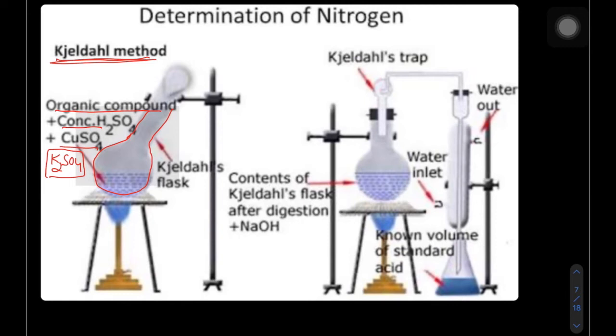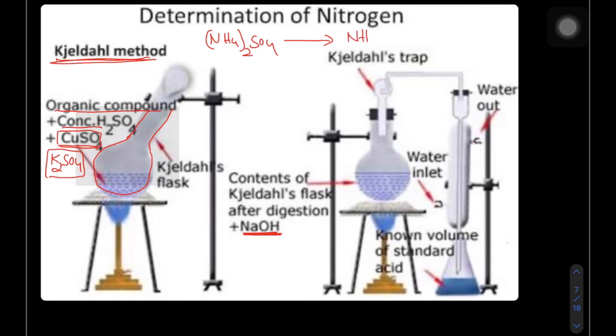Potassium sulfate is used to raise the boiling point of the sulfuric acid, and copper sulfate acts as a catalyst. This flask is called the Kjeldahl flask. After digestion, these contents are transferred into another flask. Otherwise you can take it in this flask only, but we have to add NaOH, because the nitrogen that will be present in the form of ammonium sulfate